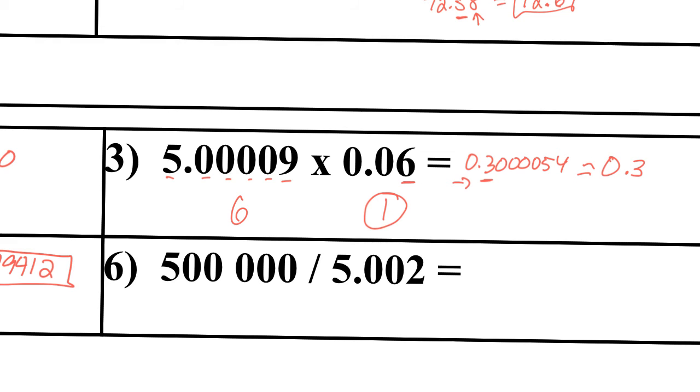Number 6. Number 6 looks a lot like number 3. So I've got decimals absent. I'm starting from this side, count, and I've got only one non-zero number, so that's going to have one significant figure. Decimals present, I'm going to start from this side, 1, 2, 3, 4. So I'm going to need one significant figure in my answer. 500,000 divided by 5.002 equals